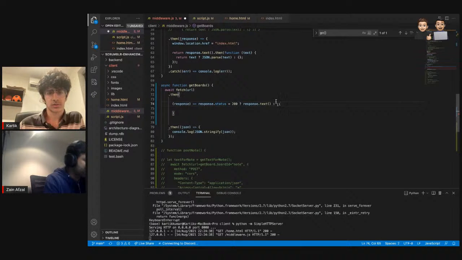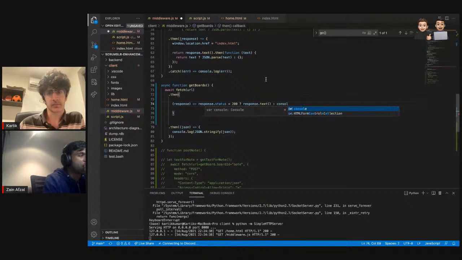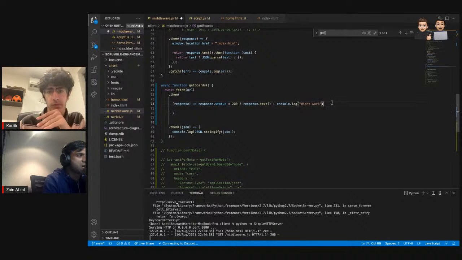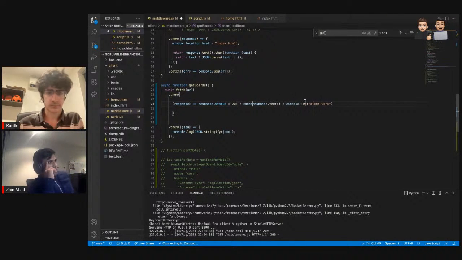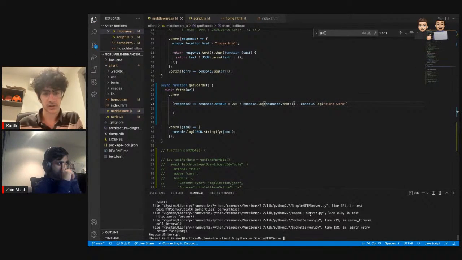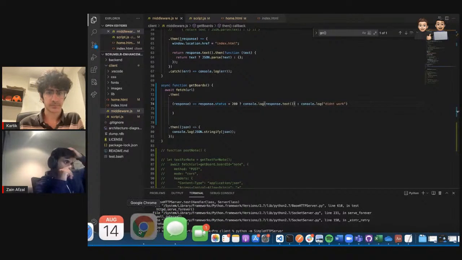It's fine, I'll just console log something for now. Let's not go into this. The purpose is that if it didn't work, then it shouldn't display the get boards. Right now we are just playing around.